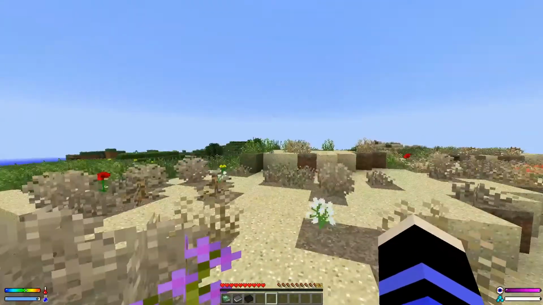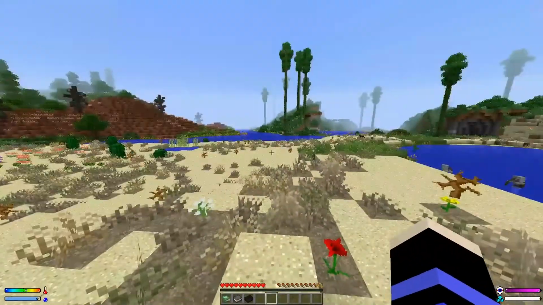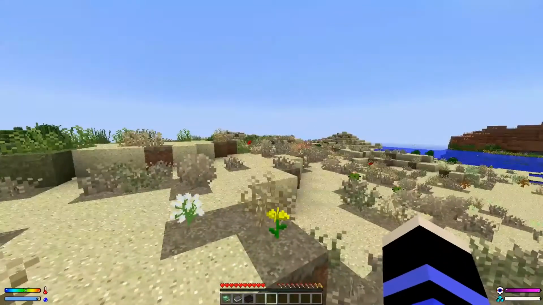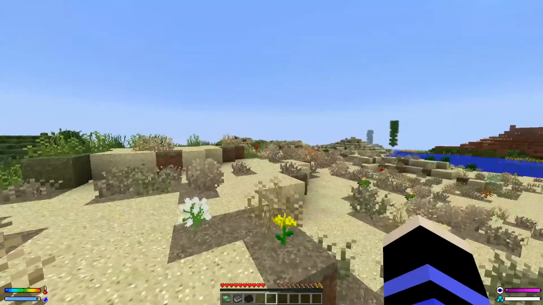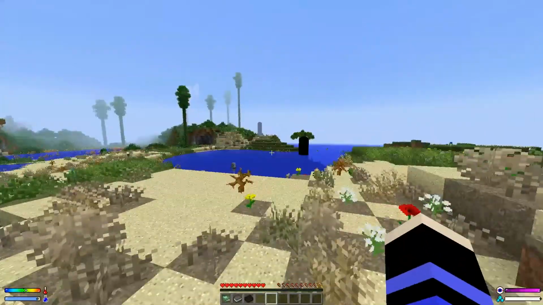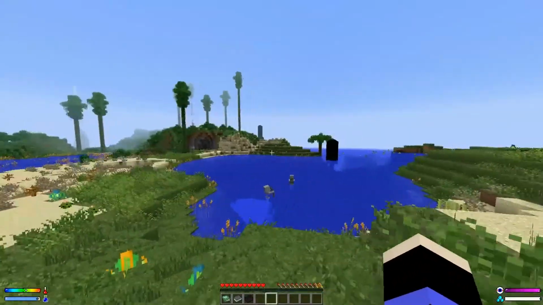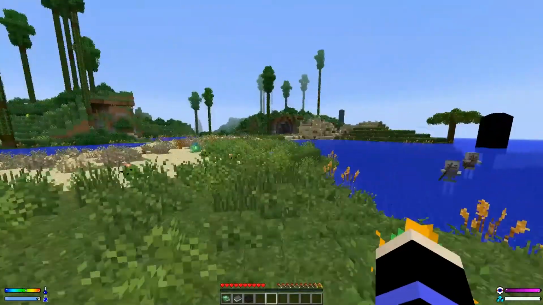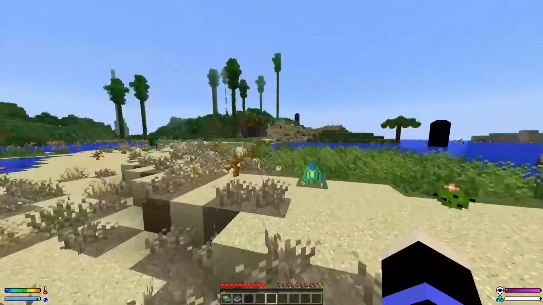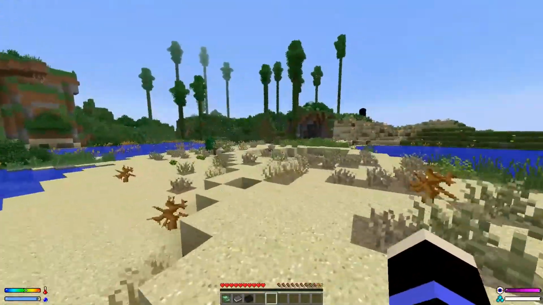So, here is my spawn area, and looks like we're smack dab right in between a few different biomes, and we have two oil spawns here. One which seemed to be a large one, which is nice. Two swimming skeletons over here. I'm going to head in this direction and start